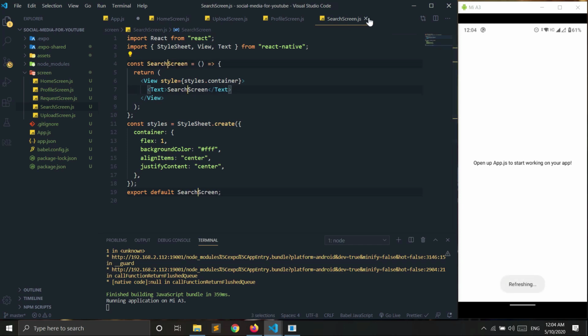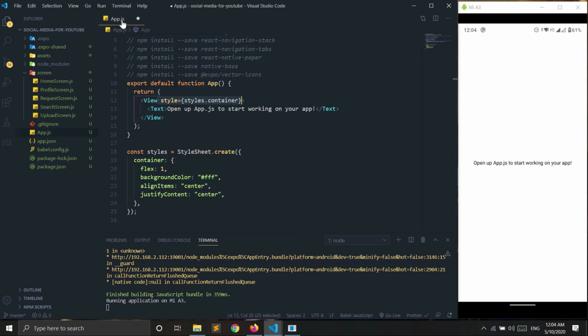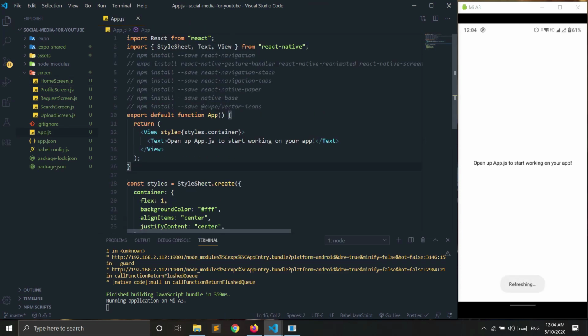Okay, so I created a basic setup, and now we need navigation.